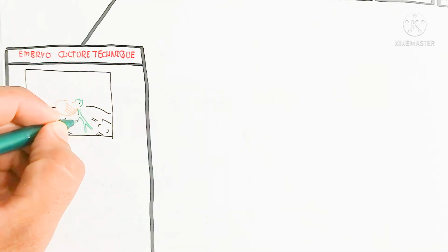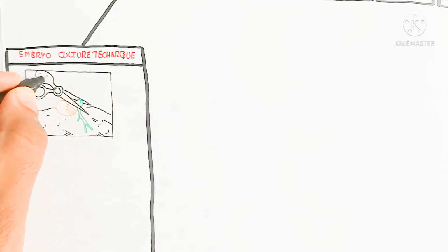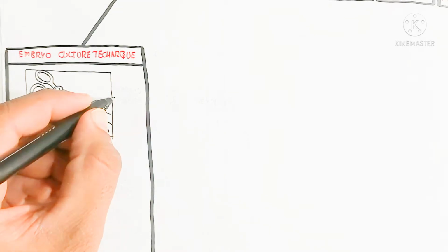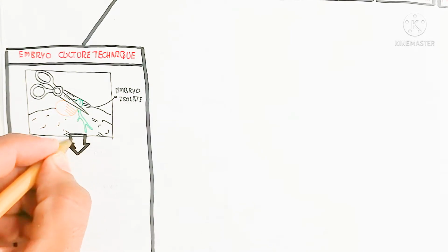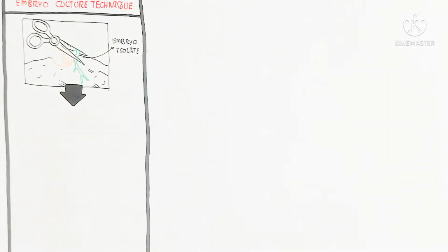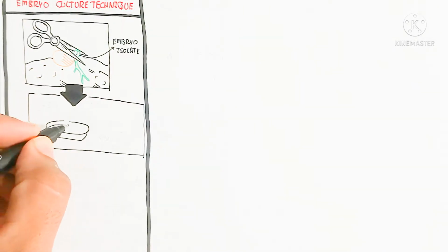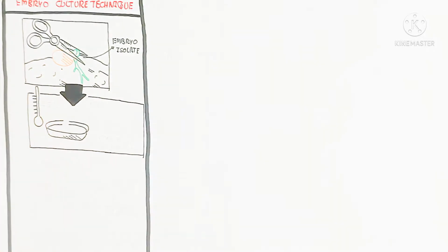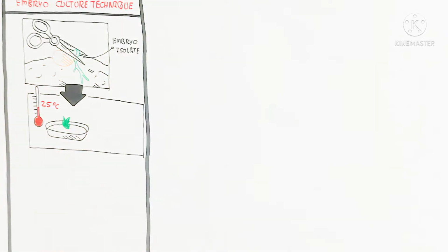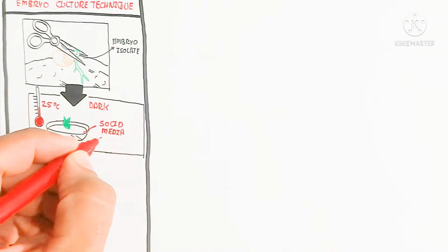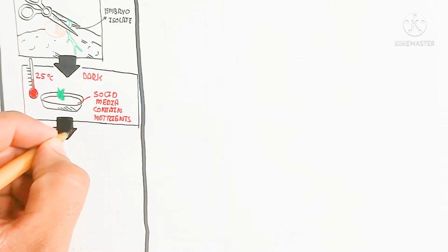When I isolate the embryo from the seed, we put it into the tissue culture medium. When we put that into the tissue culture medium, the temperature should be maintained, the light should be maintained. It means it should be a dark place, and the nutrients should be reliable. In this way, the solid media contains nutrients. So we use solid media for the development of the isolated embryo. The temperature should be 25 degrees Celsius in the culture media, and the light should not come, so it is a dark place.